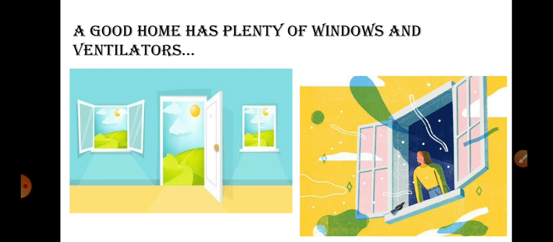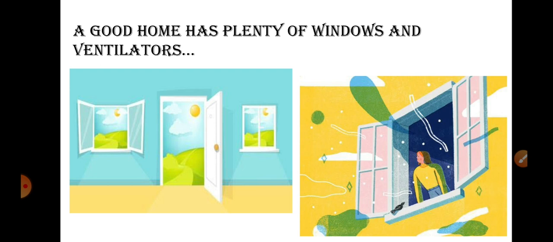See, if the house is fully blocked or there are no ventilators or windows and doors, then what will happen? You are breathing all the time. In a room, if there are no windows, then the room is packed. That air will be trapped and will roam inside your room only, with all the germs, and after some days it will start smelling.